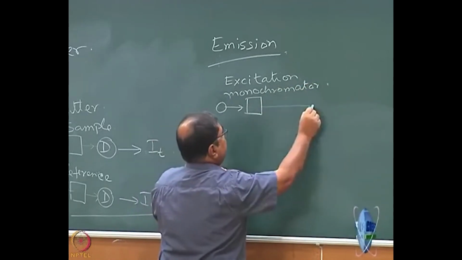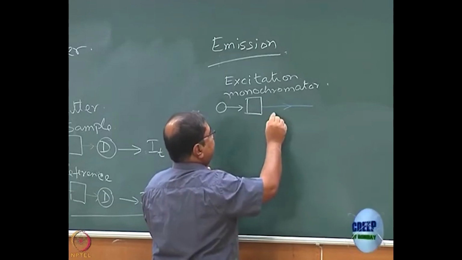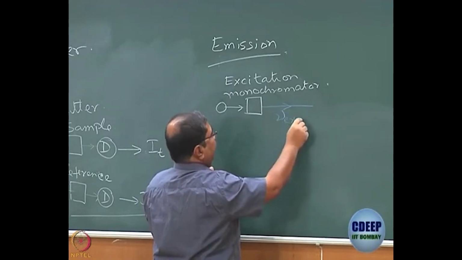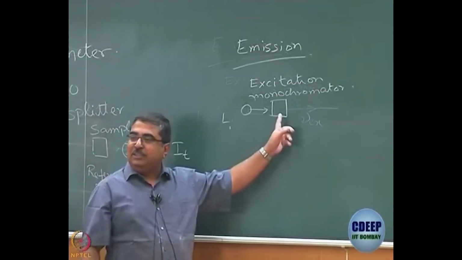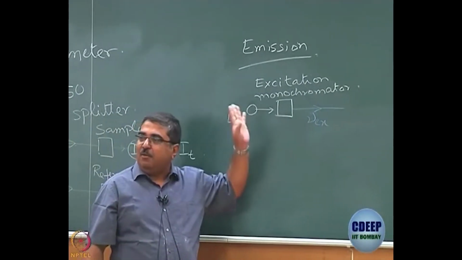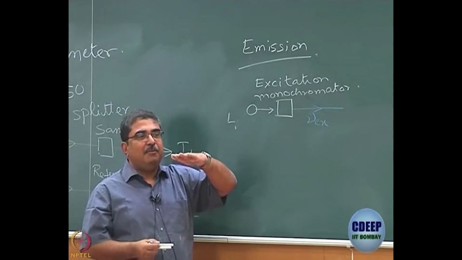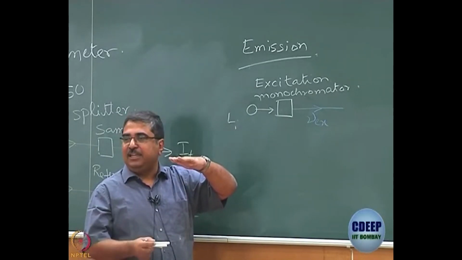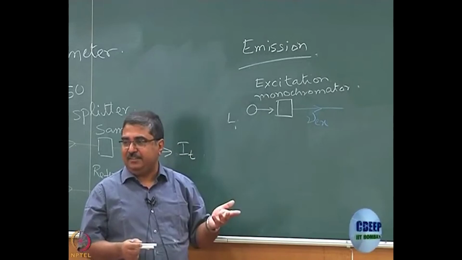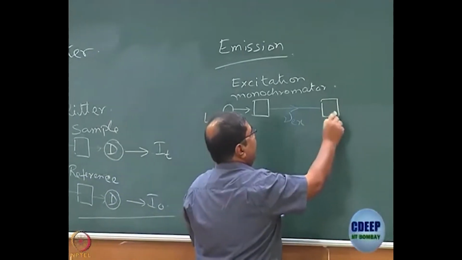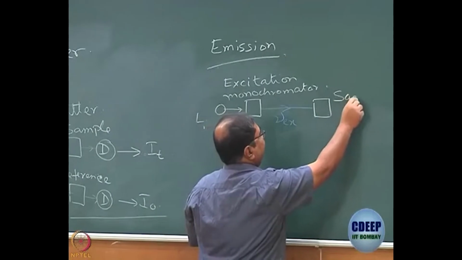This chooses the frequency or wavelength, whatever you want to say. This chooses nu Ex. What determines the choice of nu Ex? The energy gap between the ground state and the excited state to which I am exciting. Now, this light goes and is incident on the sample,